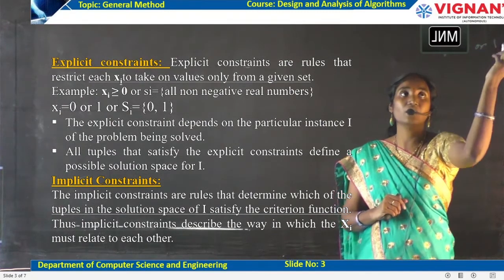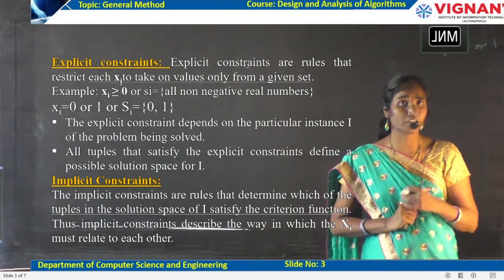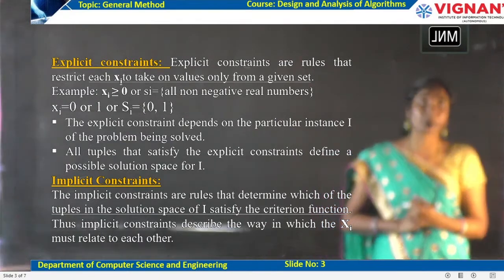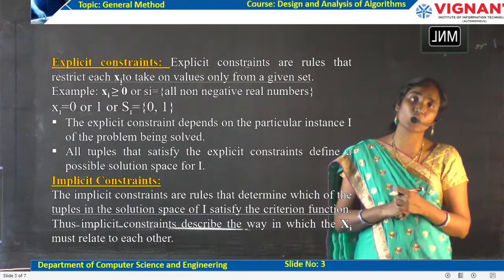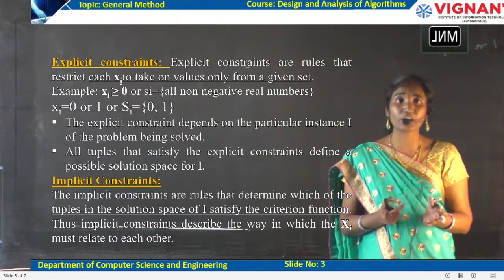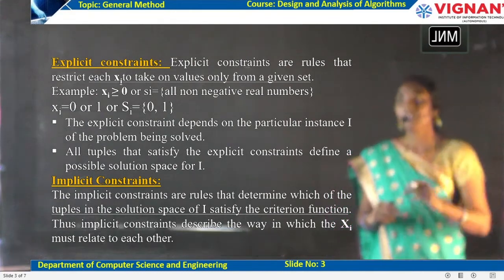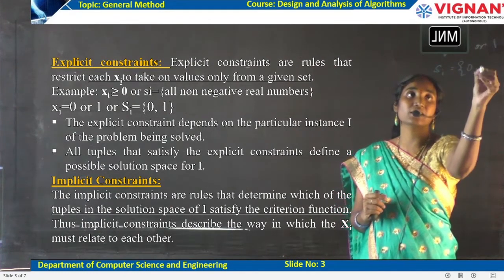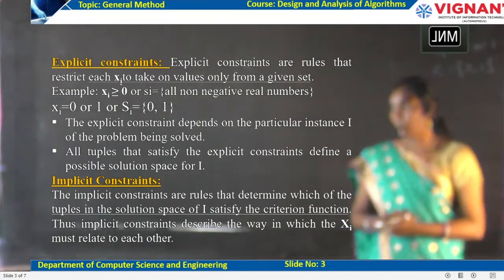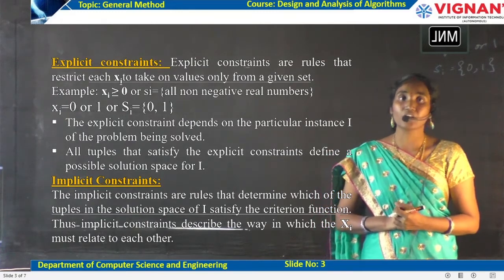1. You have seen your knapsack problem, right? In your knapsack problem, we depict our solution in terms of zeros and ones. So here I am giving the xi value as 0 or 1. Within these two only I need to mention my solution. So what is the resultant set? The resultant set will be Si equal to {0, 1}. Likewise, I need to mention the explicit constraints.